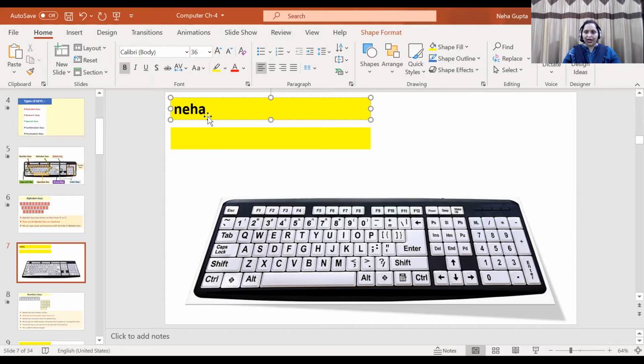You can see that I have written my name. In the same way, I can write any sentence also with the help of these keys.